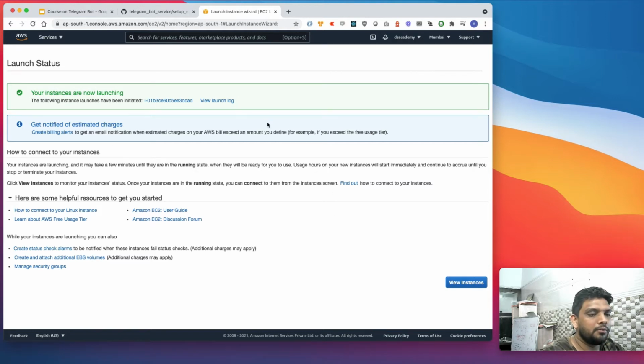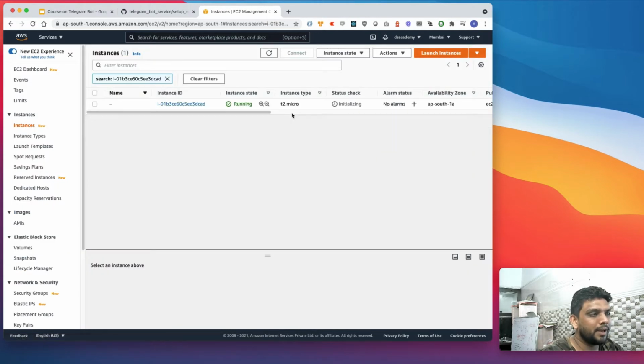As an alternative, if you don't want to create it by this process, I have already shared an AMI ID in the course or in the slides. You can simply take that AMI and spin up your own instance from that image. That image is a proper, fully working image. So after installing everything, if you are somehow unable to do that, you can simply refer to the AMI ID and you will get all those things. Even though those steps are very simple, as a backup I have provided the AMI ID.